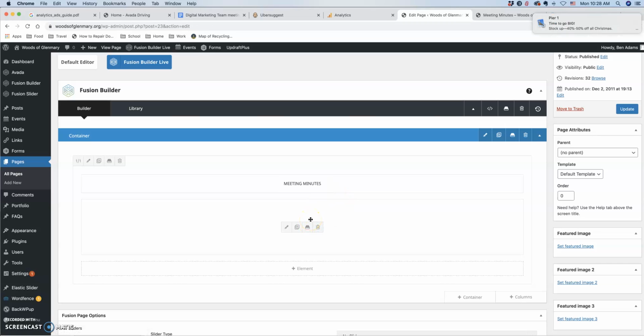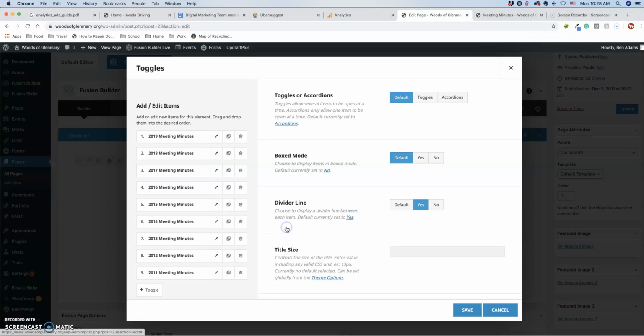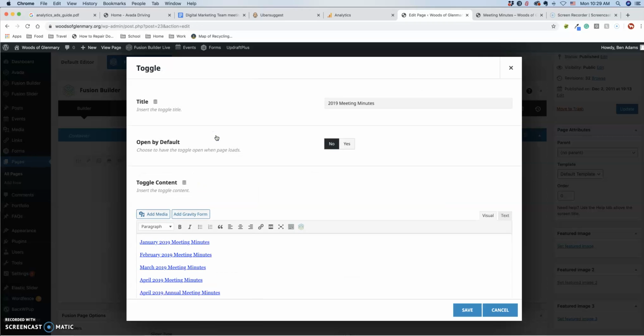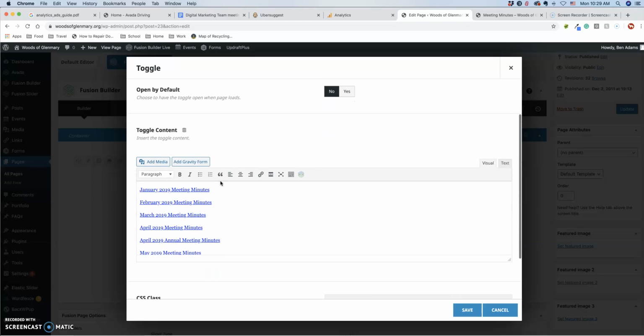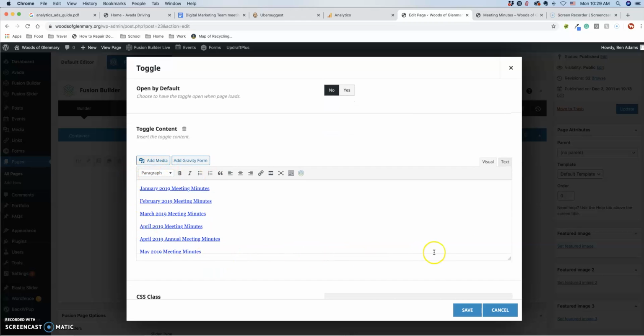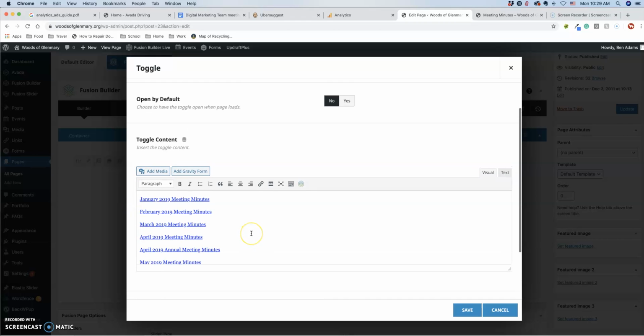All you have to do to add some meeting minutes is click on here, hover over the block, and hit the little editing pen, which opens up a pop-up, and this is the toggles element. You'll see here meeting minutes 2019, 18, 17. It all coincides with the toggles. Click on 2019 meeting minutes. Scroll down, and this area will look relatively familiar. This is the area that you probably saw before. So all you have to do